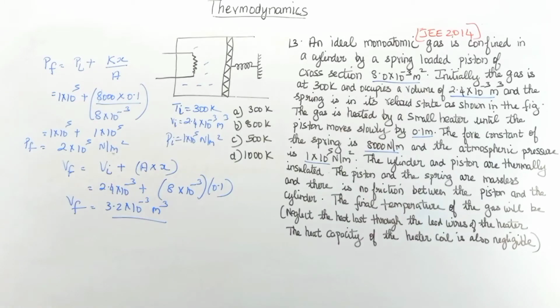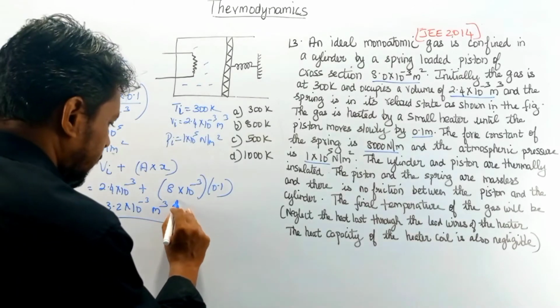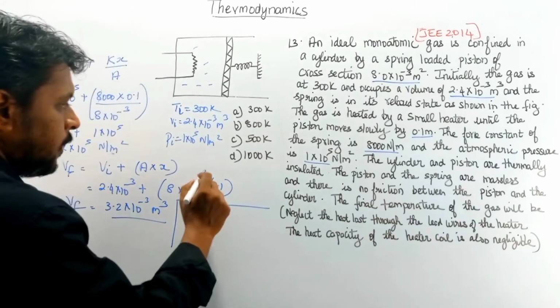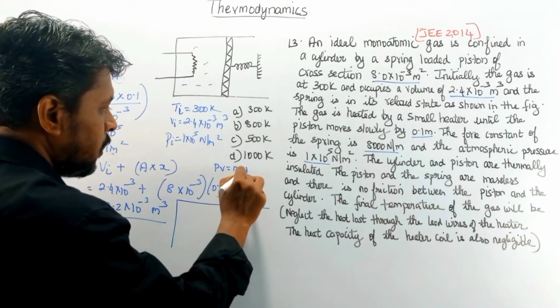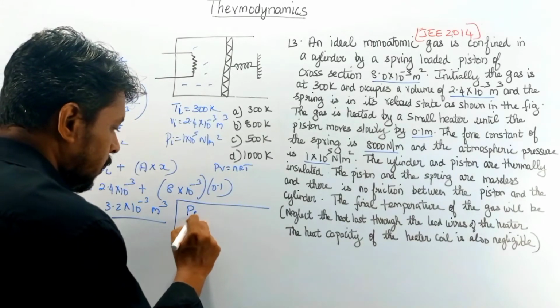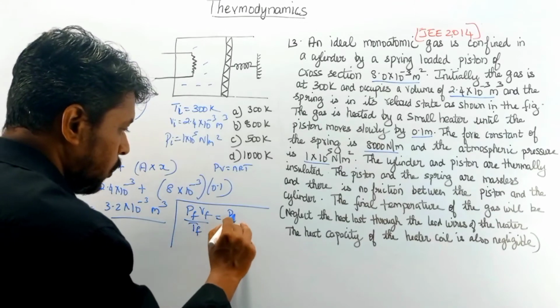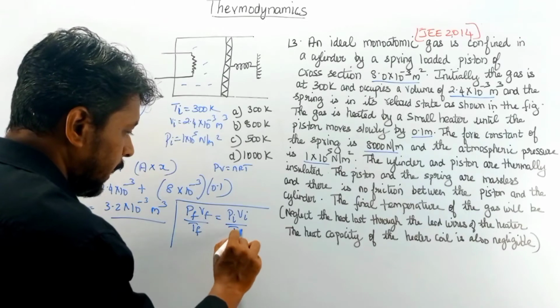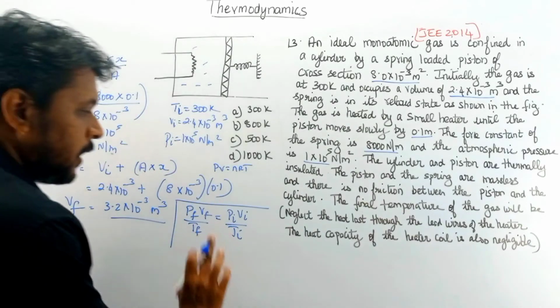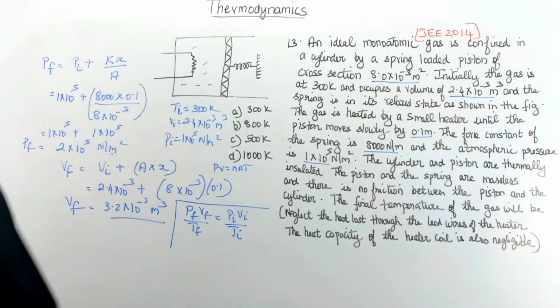So okay, fine. After finding these values, you know from the PV ideal gas equation that PF VF by TF will be equal to Pi Vi by Ti. Okay, this is the equation. So when you substitute,